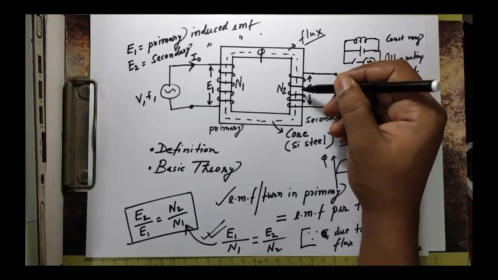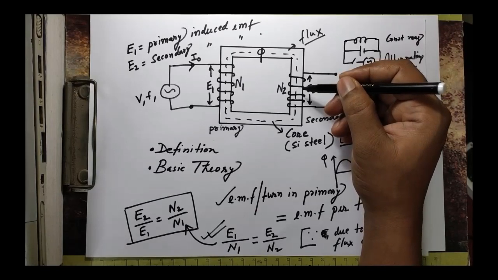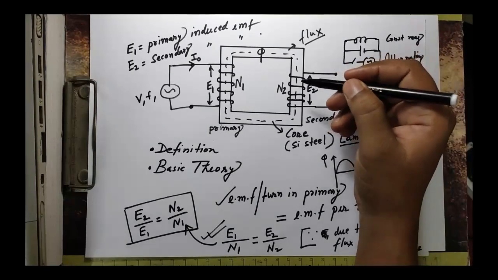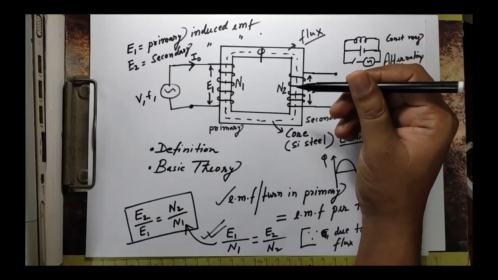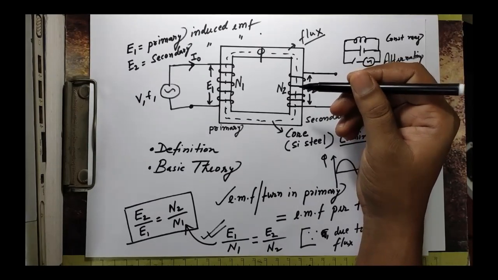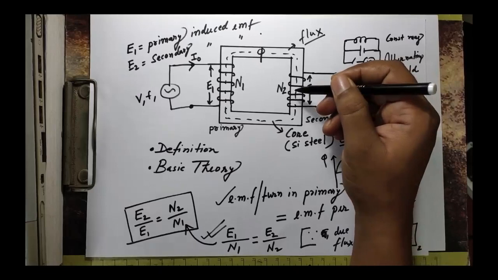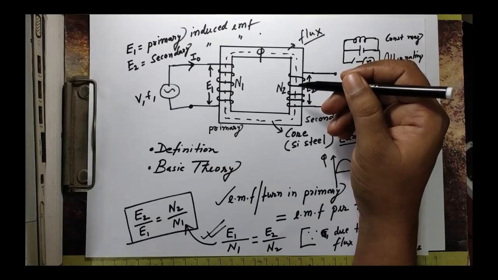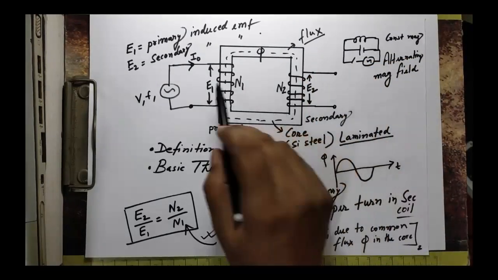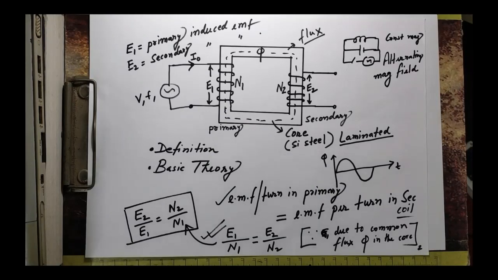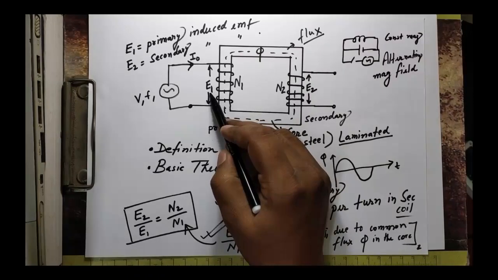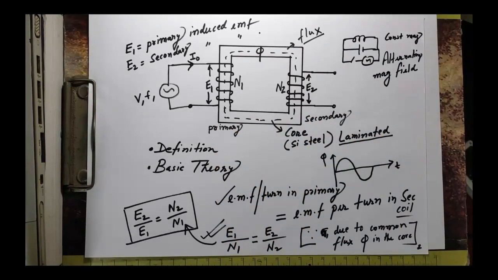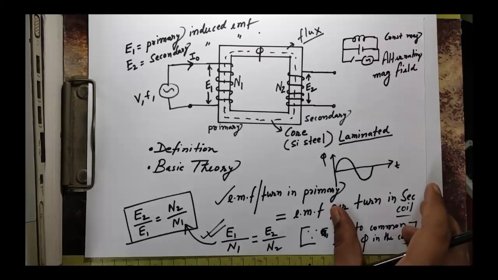second coil. Okay, as the flux is alternating, there will obviously be a rate of change in flux linkage with respect to time in the second coil. Naturally EMF will be induced in it as per Faraday's law of electromagnetic induction. So in both these windings, as per the law, induced EMF will be produced, and these are E1 and E2 respectively. Okay. Now let us see